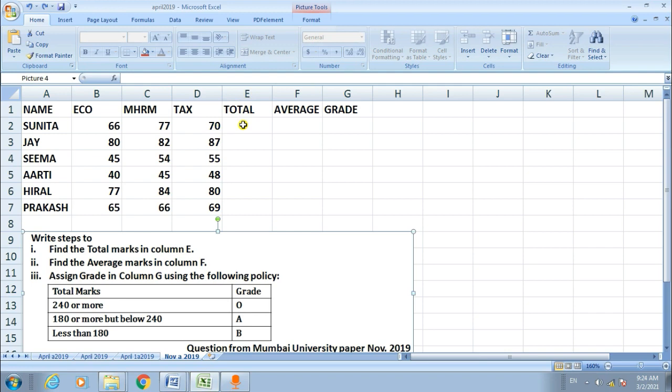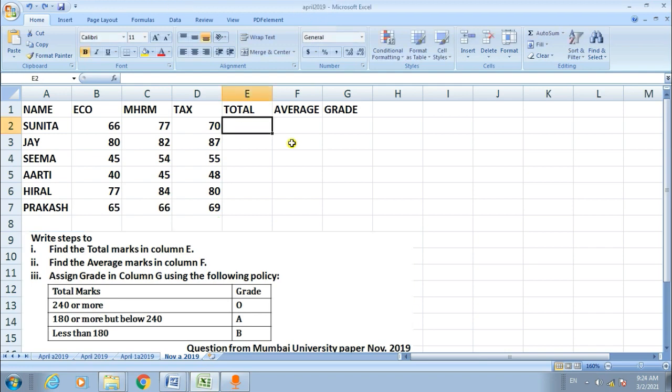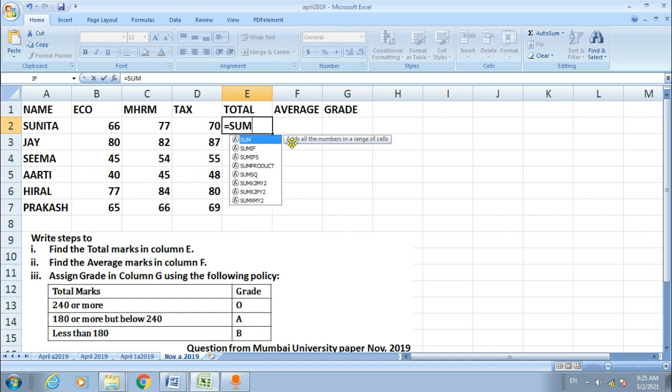Therefore, select cell E2 and now type the formula: equal to sum of what? 66, 77 and 70, that is Economics, MHRM and Tax marks total. Therefore, I put E2 equal to SUM, round bracket open,